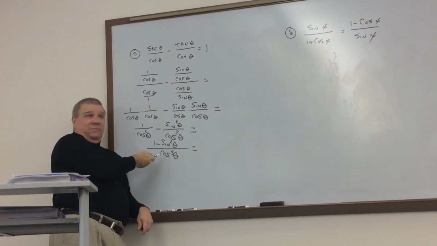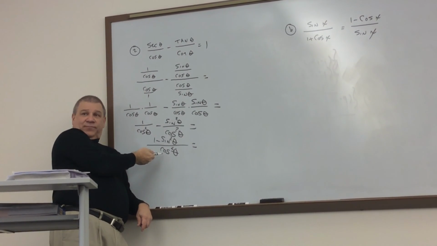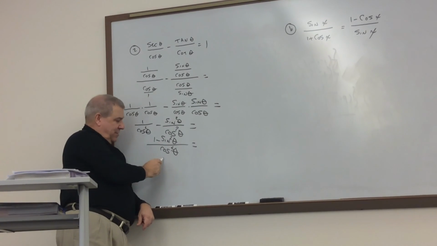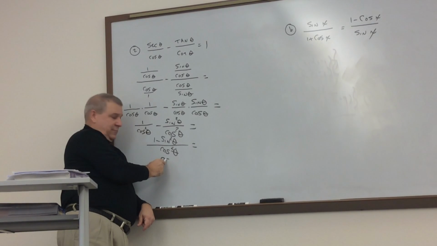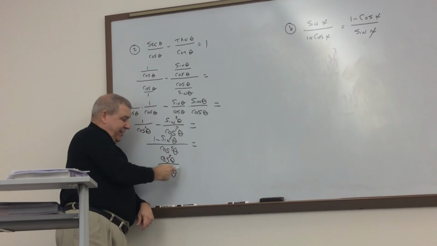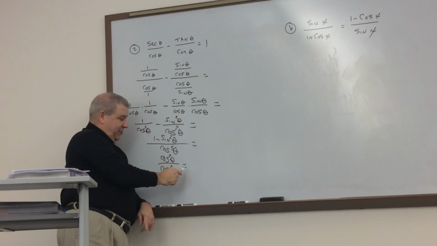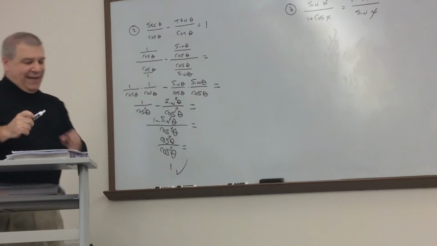Finish it. Good work, isn't it? How do you finish this? Joe, what's the numerator? Cosine squared. 1 minus sine squared is cosine squared. Now, tomorrow's the last day I can do this. And then that's one, and there you go. When you take the test,